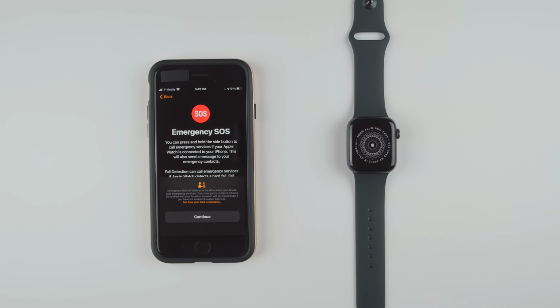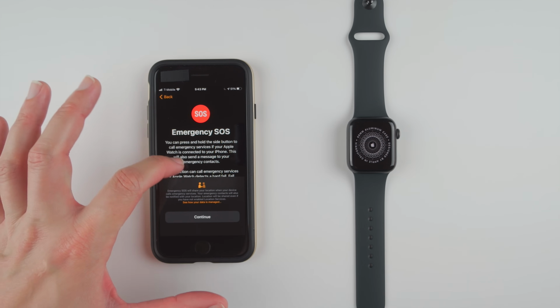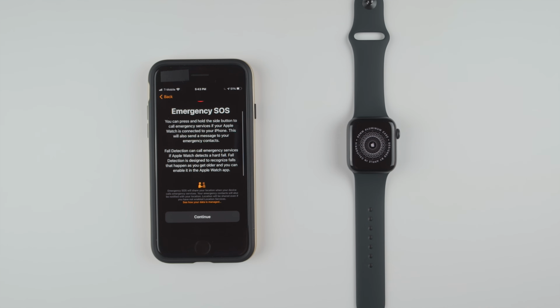SOS, emergency SOS. You can press and hold the side button to call emergency services if your Apple Watch is connected to your iPhone. This will also send a message to your emergency contacts. Fall detection can call emergency services if Apple Watch detects a hard fall. Fall detection is designed to recognize falls that happen as you get older, and you can enable it in the